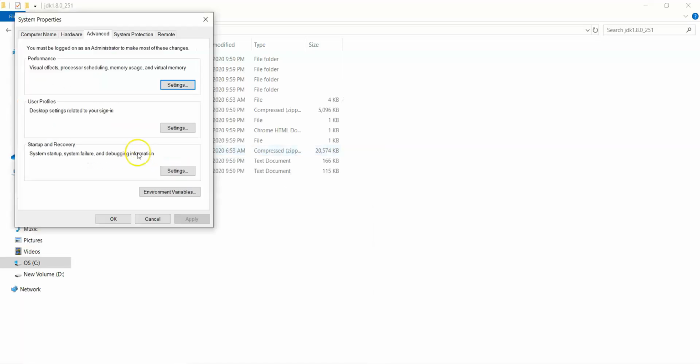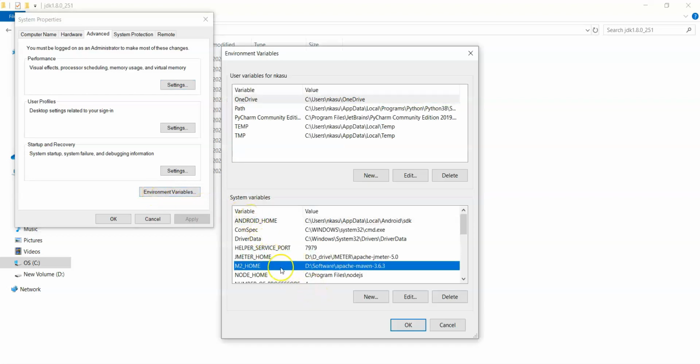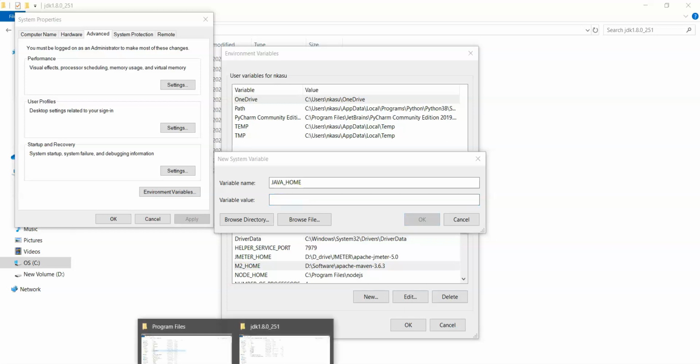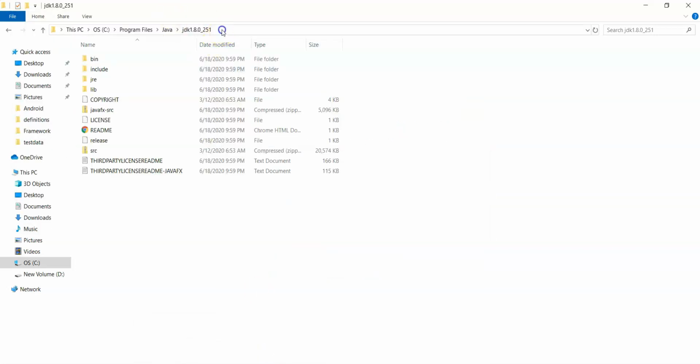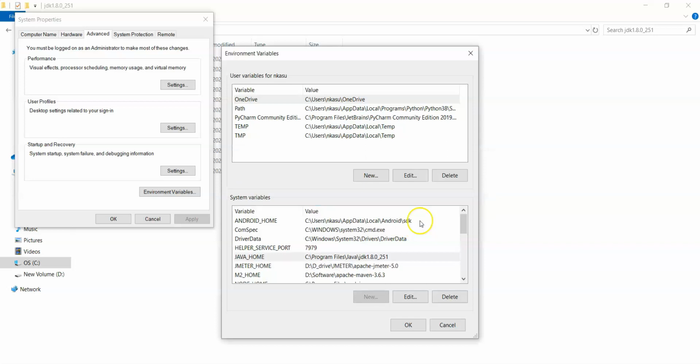Open system environment variables and click on environment variables button. Here you can set the variable JAVA_HOME and variable value is path of JDK path. Okay, so this is the JAVA_HOME path.